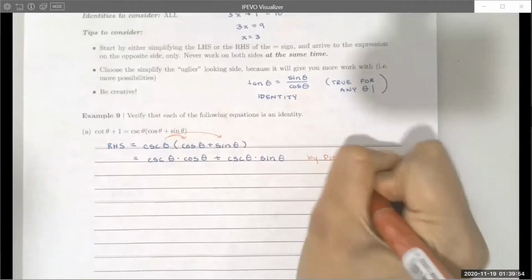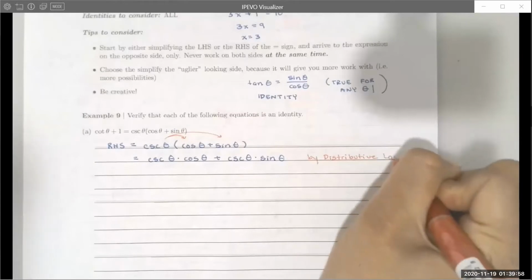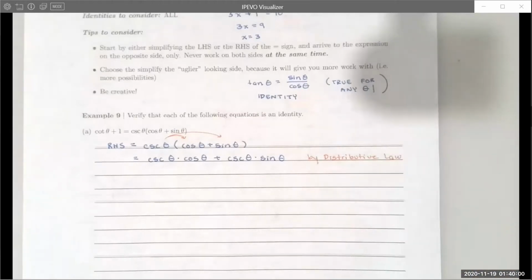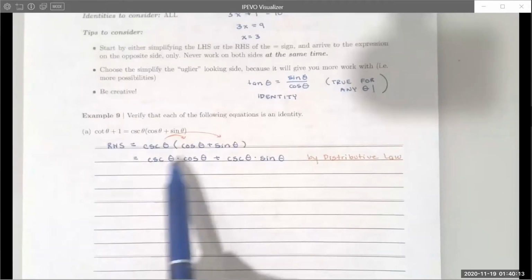This is by distributive law. Okay, the next thing could be to think, what is it that I'm trying to get to? What is my goal? Well, my goal is to make it to the left-hand side,